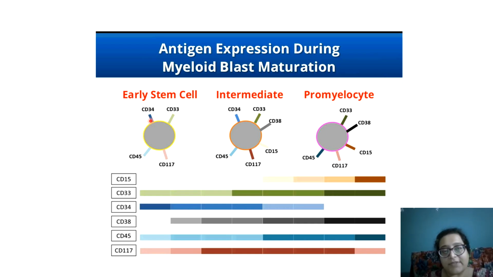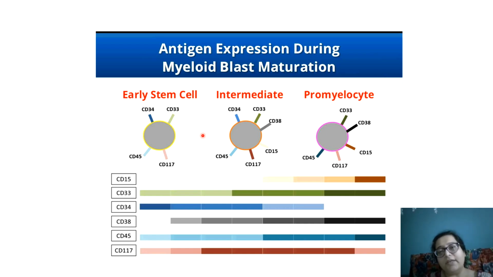So the early stem cell, and a blast will have stages, early, intermediate, and then maturing forms. If I take the example of myeloid, the early M0, M1 stage of myeloid blast will have CD34, CD33, CD117 and CD45. So if I gate a cell population by CD45 and side scatter, I get a blast. Myeloid, so CD45 can be dim. Then I get it for CD34, CD117, CD33 and I get a positivity. Then I know it could be a myeloid which is of early origin.